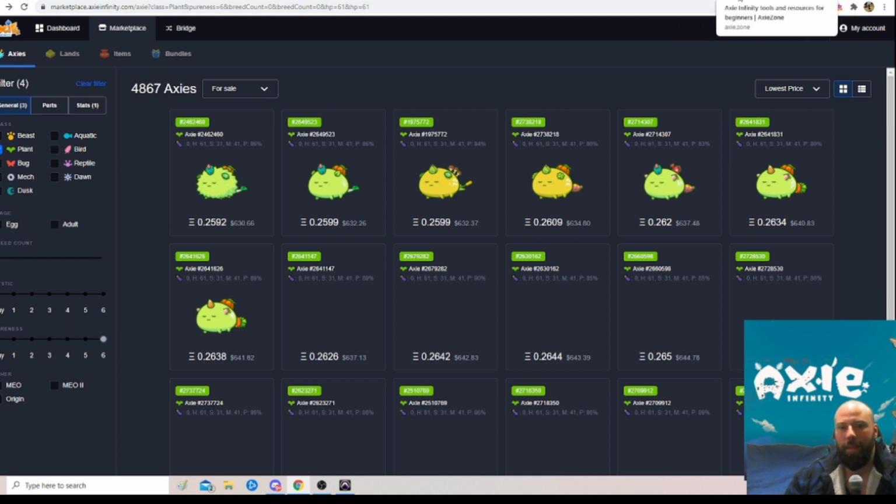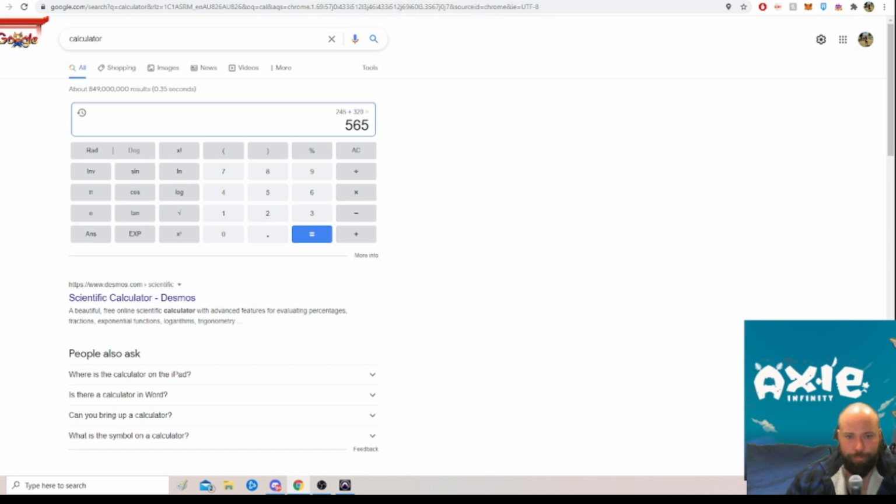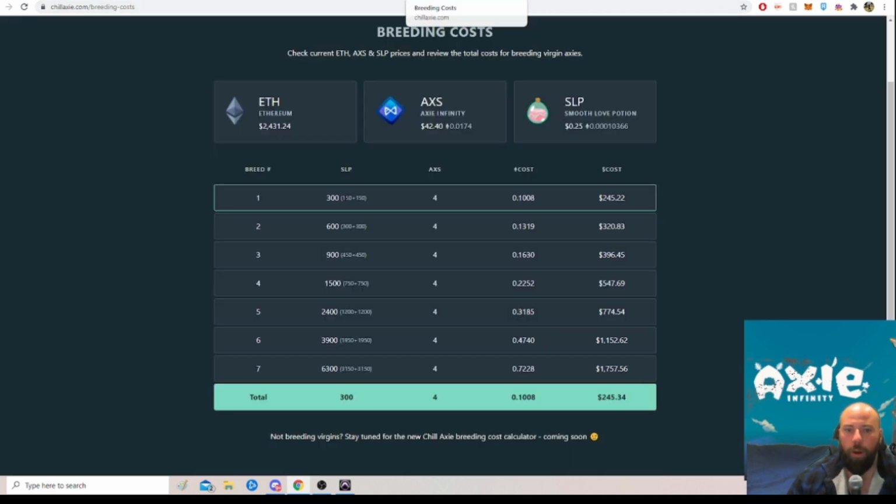So let's continue to add this up. Okay, we still have our calculator. Okay, now we have our $565 US at the moment. And now let's say we want to create a breeding loop of breeding